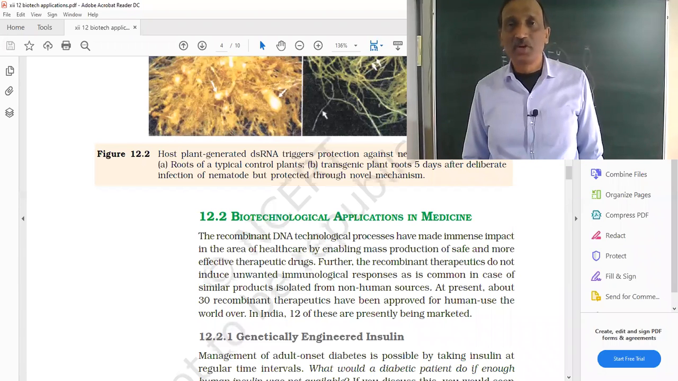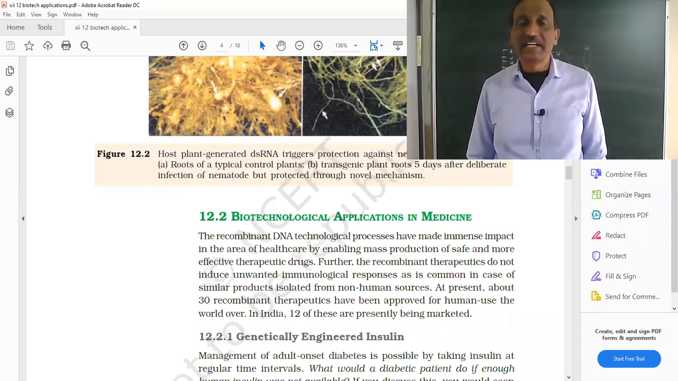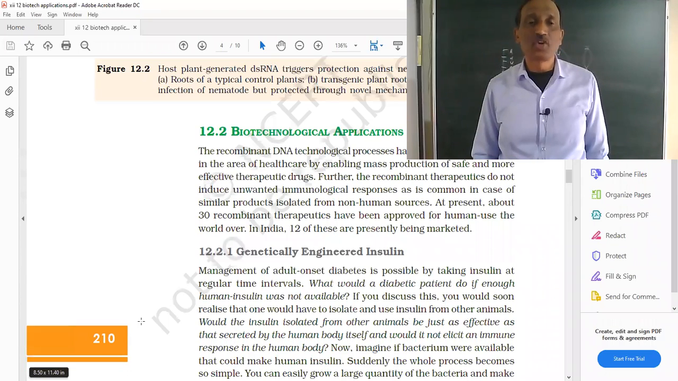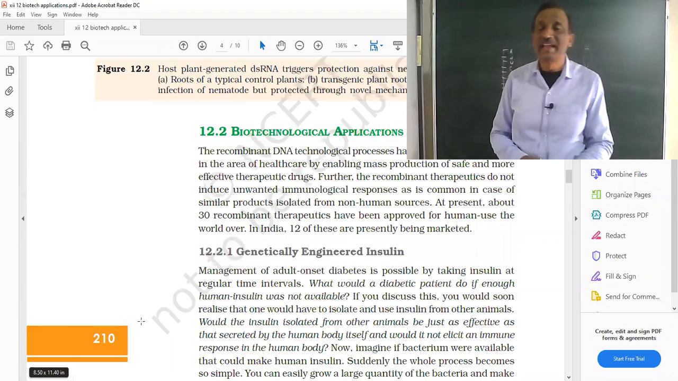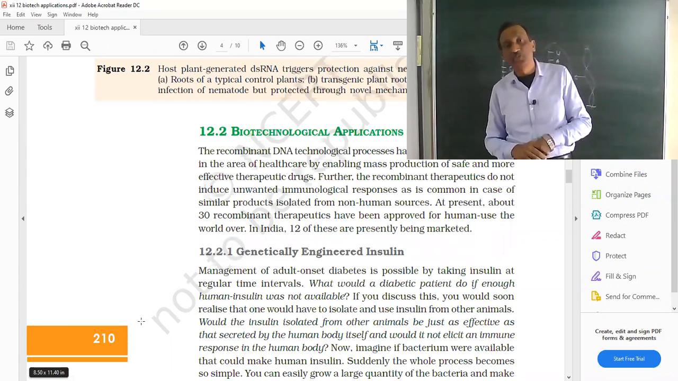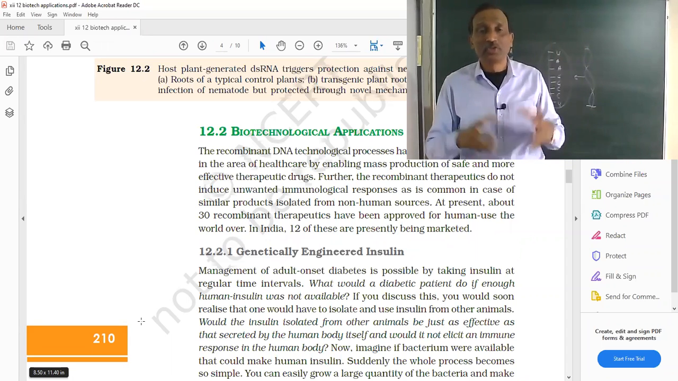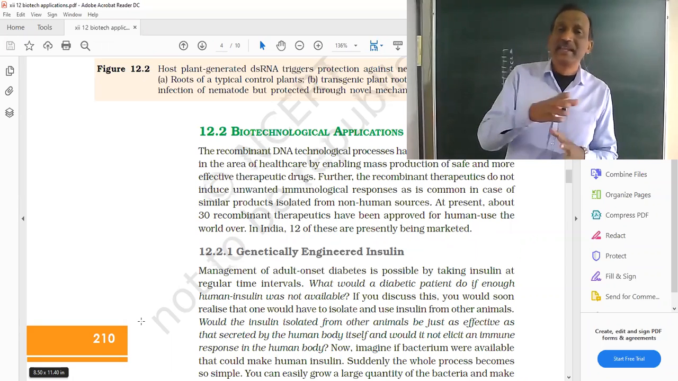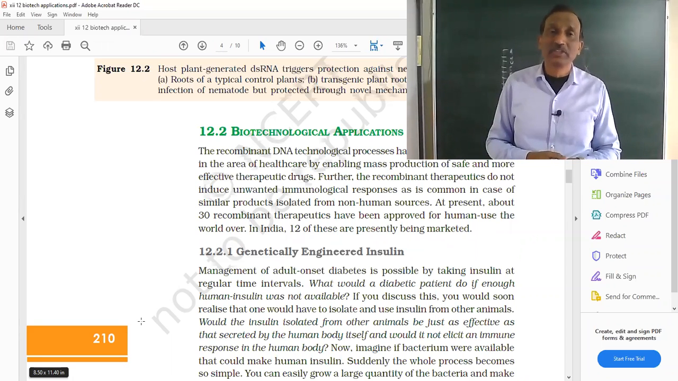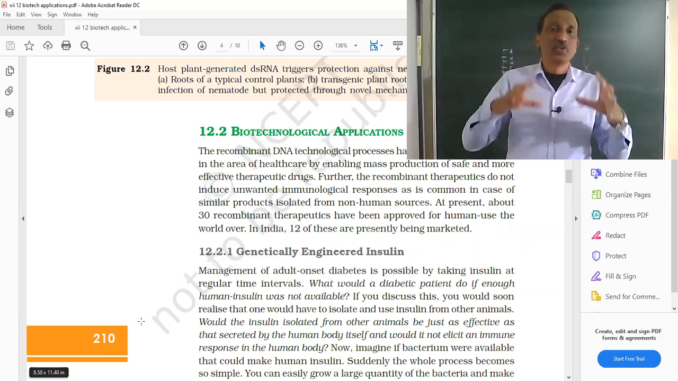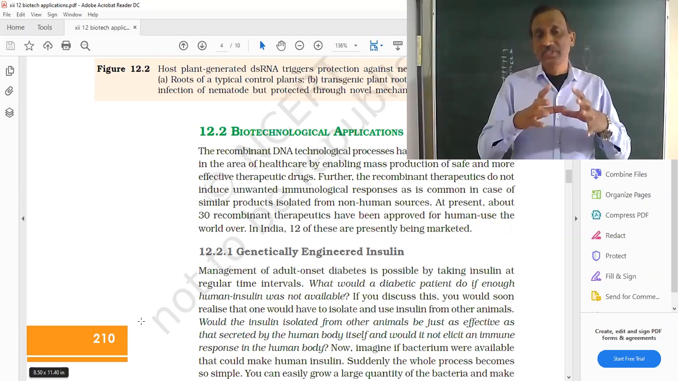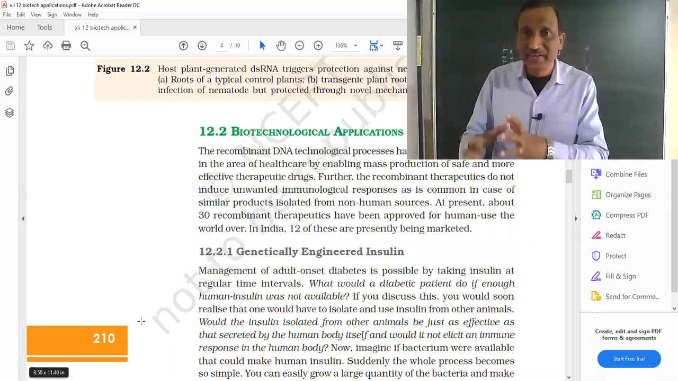Okay, so I said that there are a number of diseases caused in us due to the lack of a certain type of enzymes, or due to the lack of a certain type of hormones, or due to some other type of lack of certain biomolecules. So if these biomolecules or enzymes or hormones are lacking, either we have to rectify the gene, which